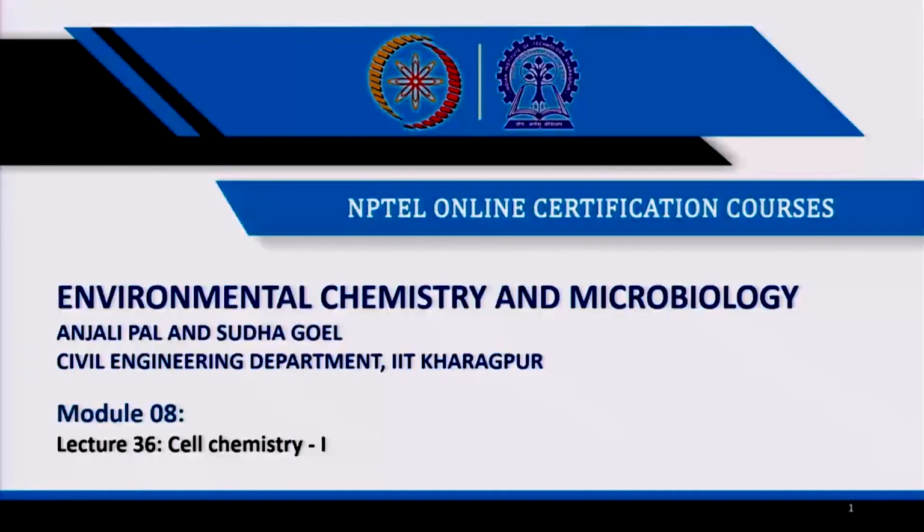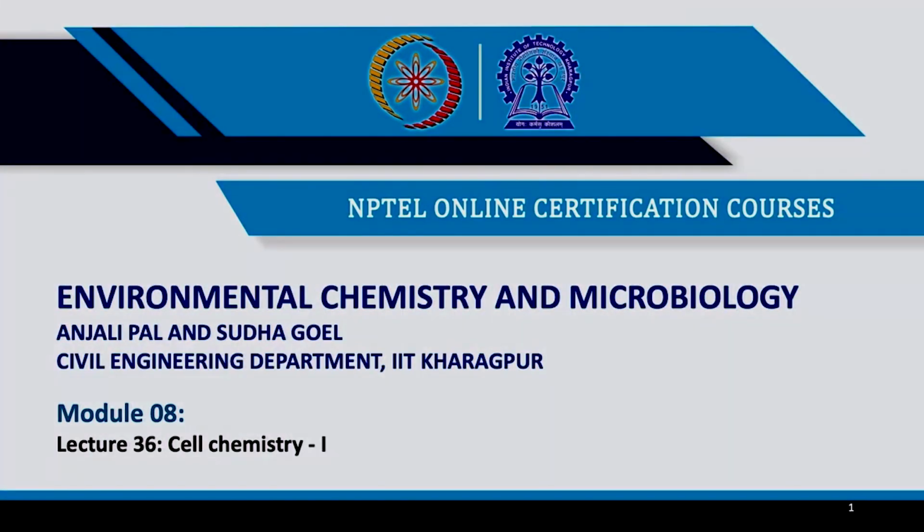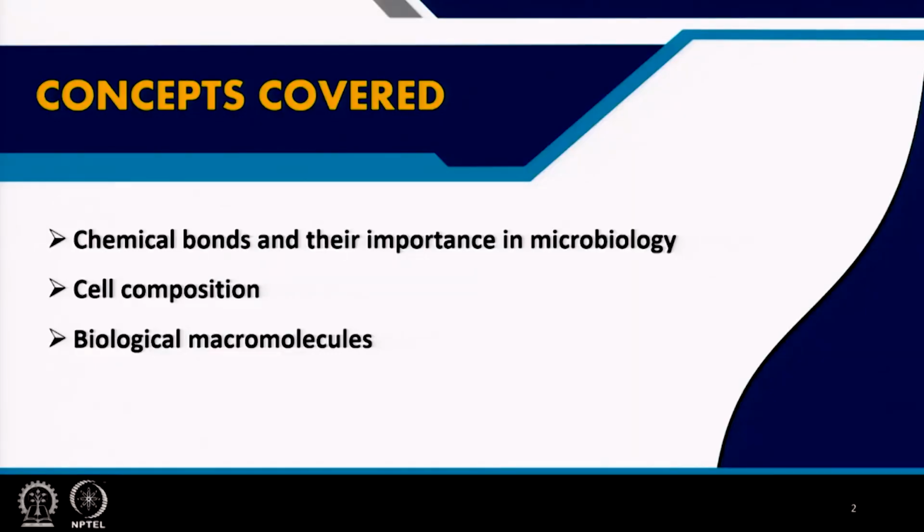Welcome everyone to the next module, module 8. This is lecture 36 and we're going to go through the first part of cell chemistry. What we're going to do in this lecture and the subsequent one is cover some of the basics of cell chemistry. This is divided into two parts, and some of the topics that we're going to cover